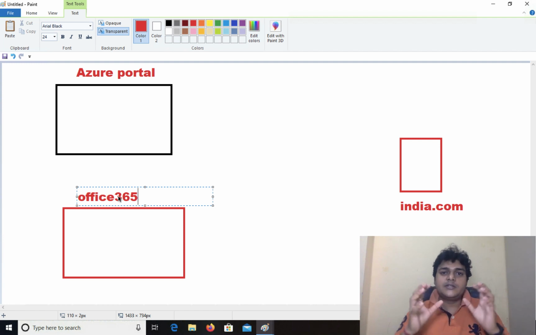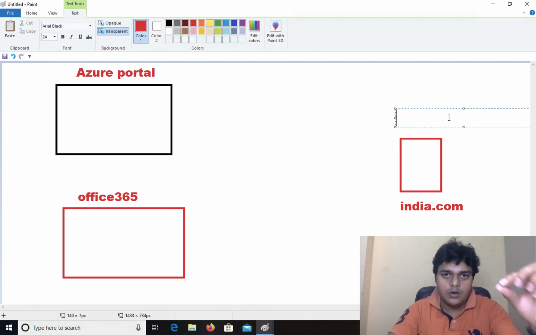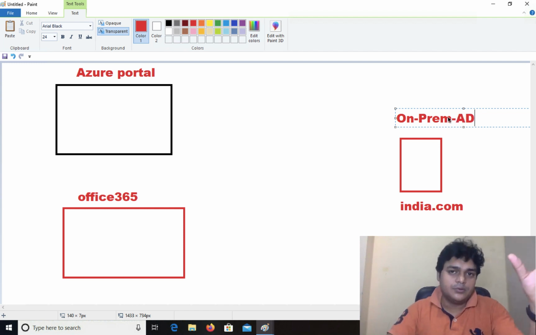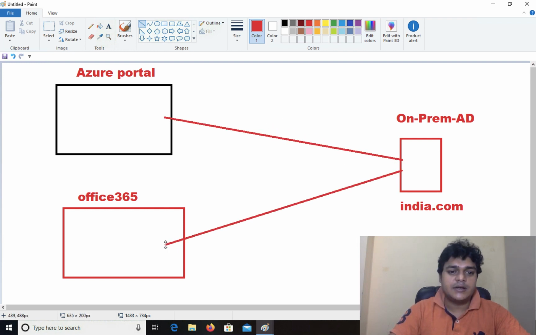So with the help of Azure AD Connect, you are able to make a connection. You are able to synchronize your on-premises users to our Azure portal or Office 365 portal. For example, this is our local Active Directory, the on-premises AD, on-prem AD, and the on-prem AD contains multiple users, say thousands of users, up to 2000 users on-premises, and you want to synchronize the entire user base over to the Azure portal, or you can also say over to the Office 365 portal.